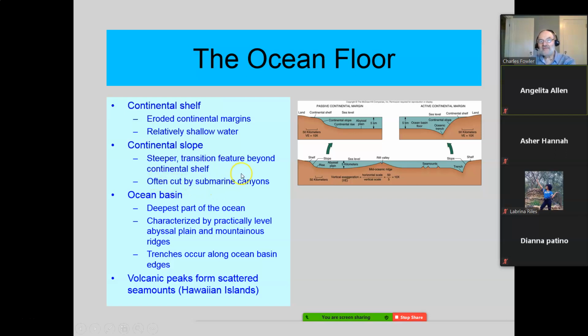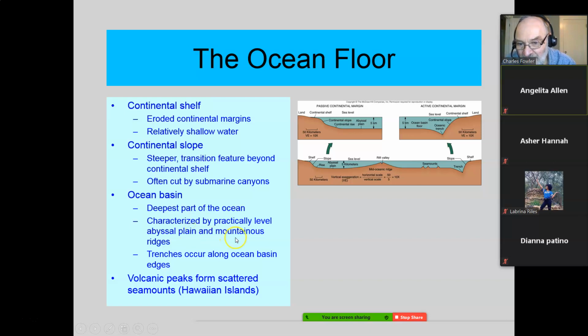Okay? And then you finally get out to what they call the ocean basin. Now, basin usually carries with it the connotation of fairly flat. And a lot of it is, but that's the deepest part of the ocean, characterized by practically level terrain called the abyssal plain. And they mention it here, almost level abyssal plain. That's the almost level abyssal plain. Usually some of the deepest parts of the ocean, not the very deepest,